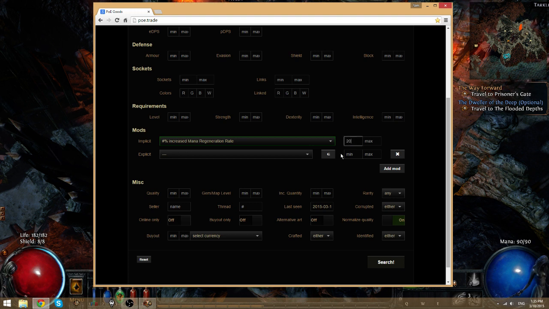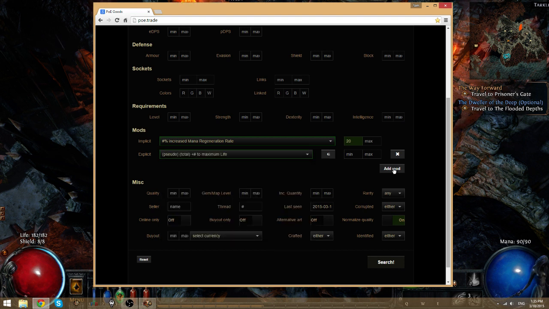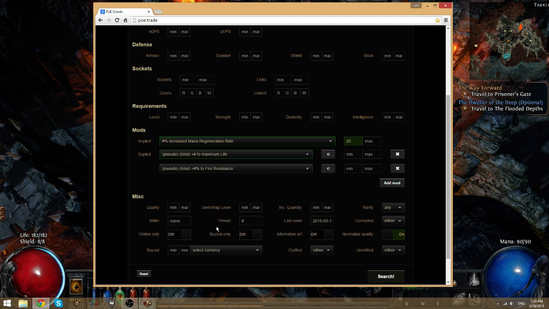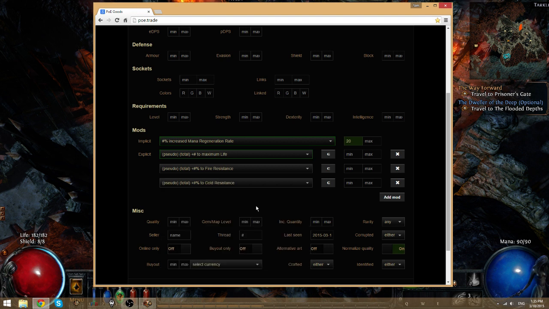Let's say we want 20, and we can sort by and add life, add mod. We'll add another mod, resistance fire, add mod, and resistance cold. And we don't want anything more than 20 life because life is terrible. Okay, no, that's a joke. Life is good. Let's go 50. And 10 of that and 25 of that because we need to fill these in to get max resistances maybe. And this will sort and find